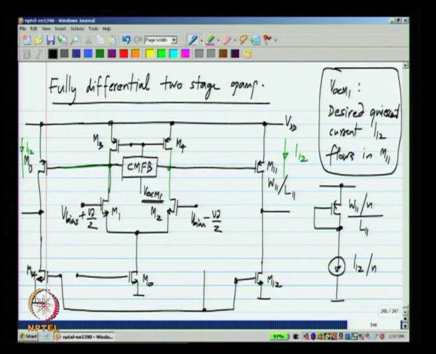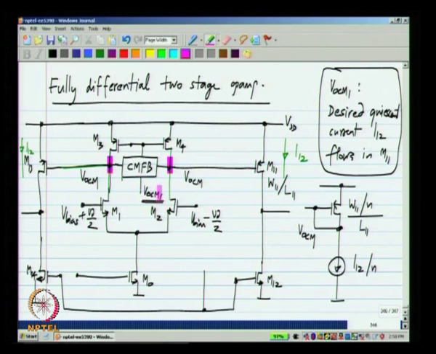Okay. This will provide VOCM, because we know that if this VOCM, the voltage here, were directly applied to the gate of M11, the current in this would be exactly equal to I12, the desired value of I12. Okay. Now, it is not directly applied to M11. What is happening is this VOCM goes to the common mode feedback circuit, and the value here and there in quiescent condition when Vd is 0 will be equal to VOCM. Okay. And that will give us the desired current.